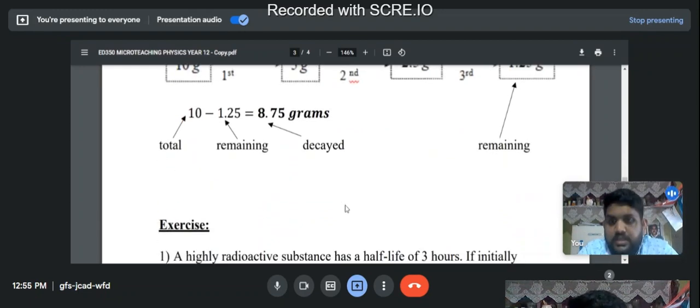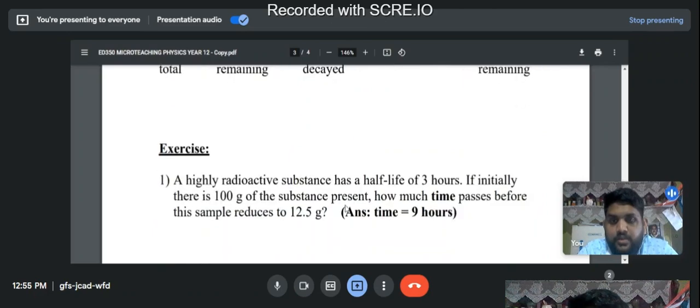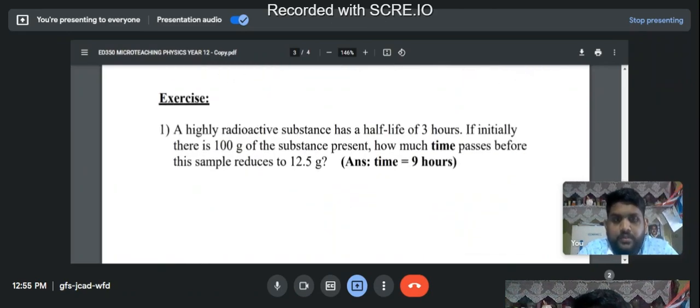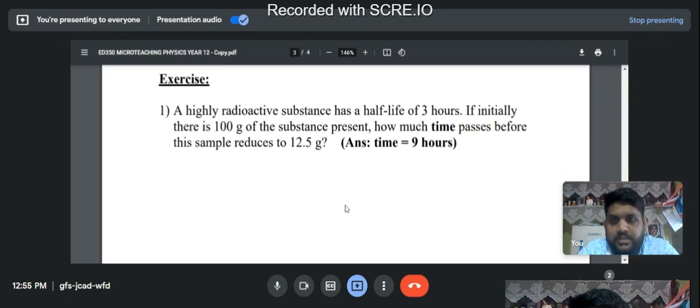Now I hope that is clear. If you have any question, you can feel free to contact me through any means: Viber, Facebook Messenger, phone calls, emails. Now I'll briefly discuss the exercises so that you have a clear idea of what you have to do. For the first exercise, I've given the answer here so that you are not lost. I know you gain confidence once the first exercise is correct. So the answer is here. I don't want the answer in your working section here. I want your working. If your working is correct, I'll put a tick and give you marks for this.